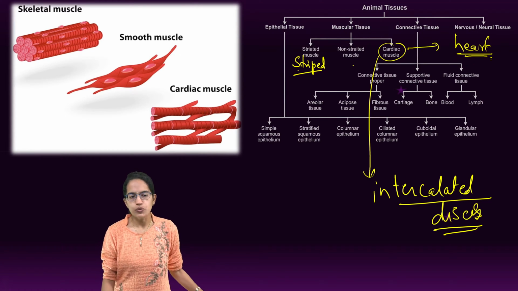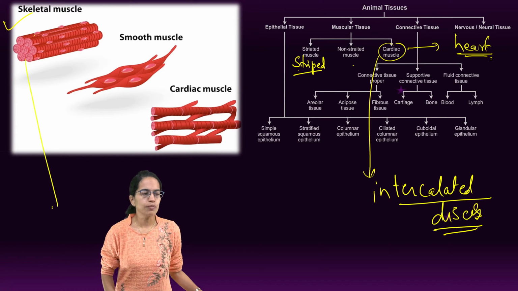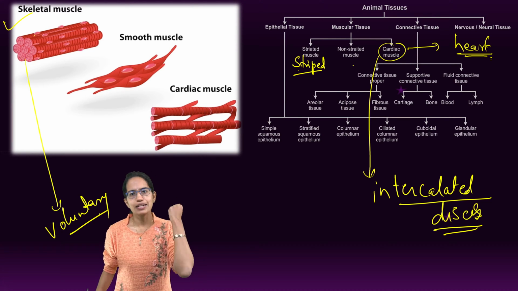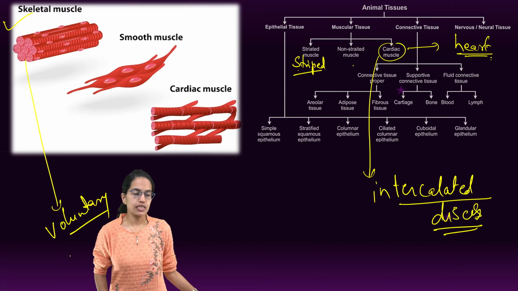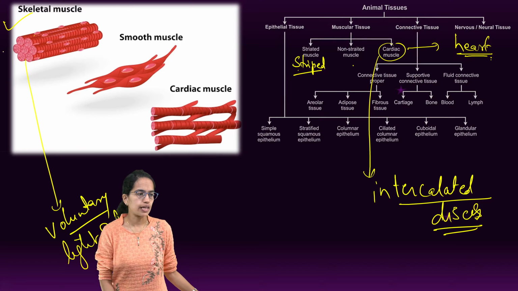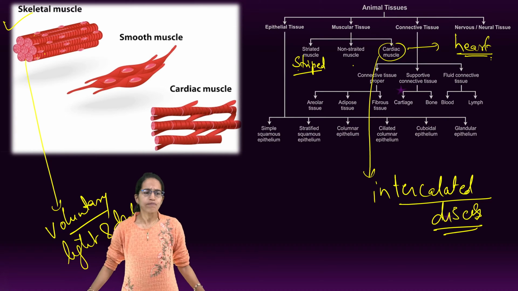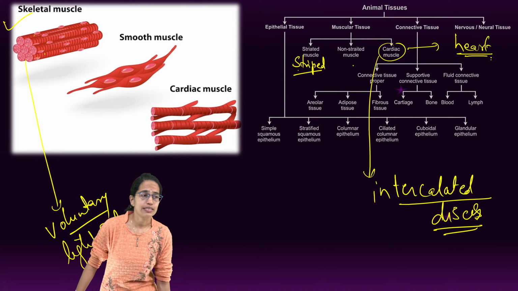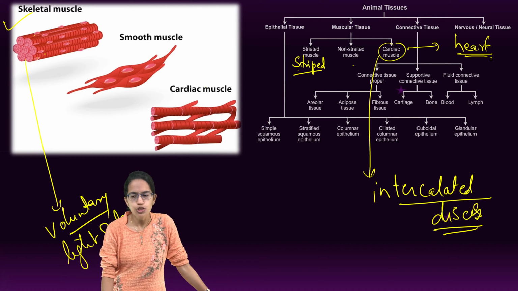The next is striated muscles. Striated muscles, or the skeletal muscles, also called striped muscles, are voluntary. That means if I want to move my hand, I have full control whether I want to move it or not. The most important feature is that it has alternate bands of light and dark color, as you can see in the diagram. So here is a dark band, light band, dark band, light band. The arrangement of alternate dark and light bands is a classic characteristic of a skeletal muscle, which is not seen in the case of smooth muscle.